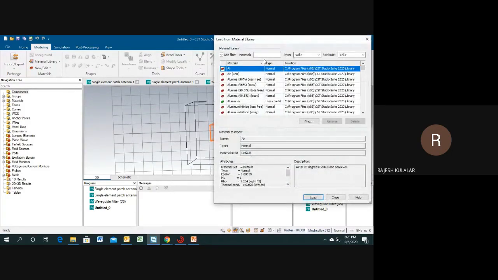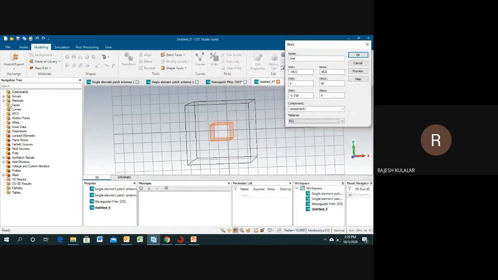Here you can see all of the material available in the market. You can select that material, Mona, copper, or Erlon, RTD, or any material which is available in the market. Otherwise, you can also define one. If you want to define some material, then you can go here and select new material. You can define it according to your applications.